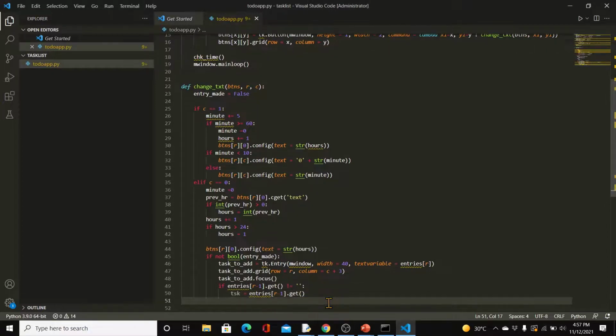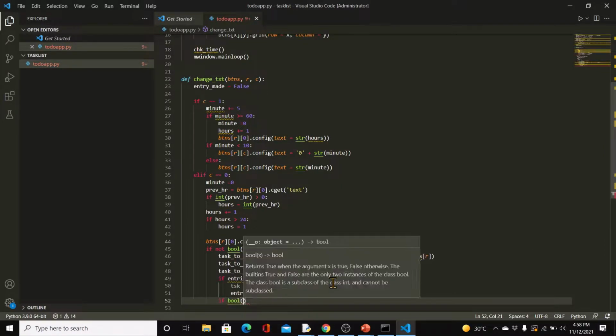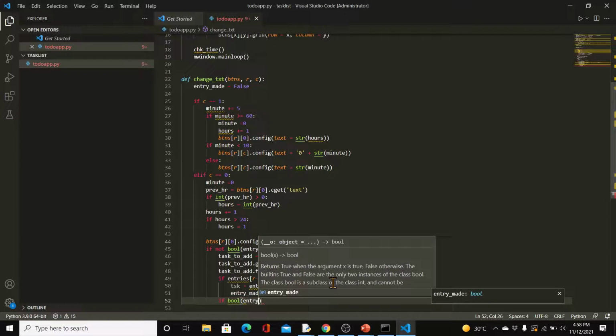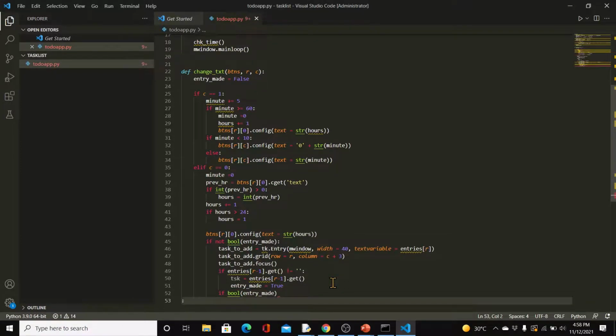We'll then change our boolean type variable to true. So entry made equal to true. Right? Then we say here if entry made, or rather if bool of entry made, which means the value is true,